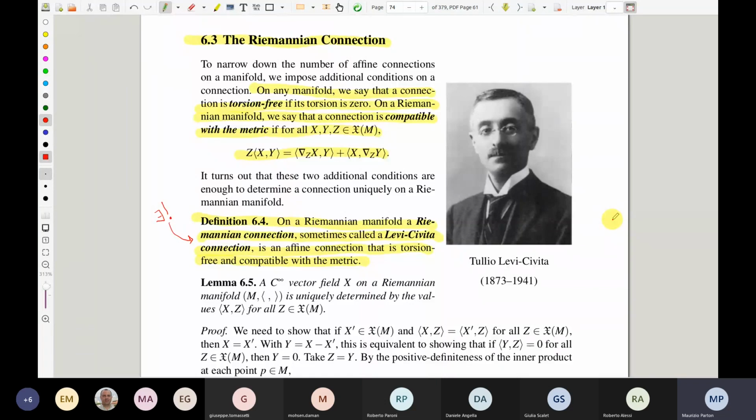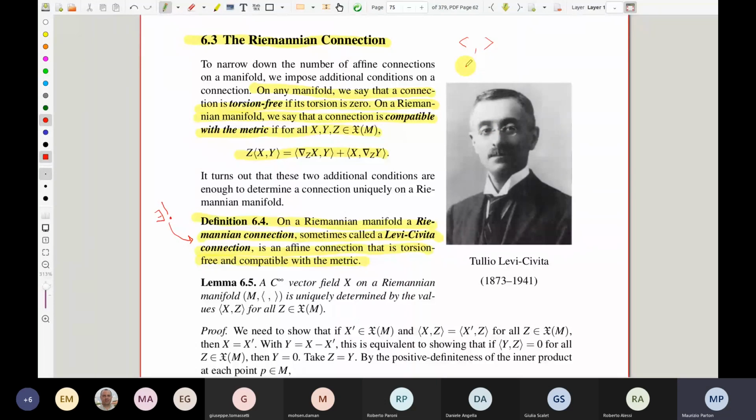I was saying, if we have a connection, we can take derivatives, so we can measure something. But since we want to measure something related to the metric, it would be very nice if, given a metric, there is a certain connection in some sense compatible with the metric. Well, it turns out that there is such a connection. When you have a metric,